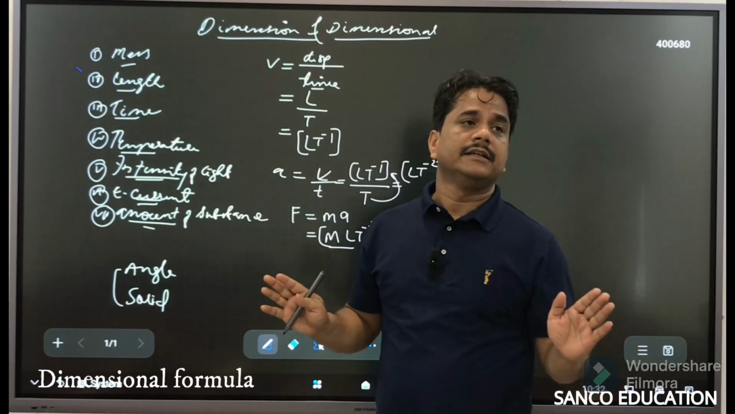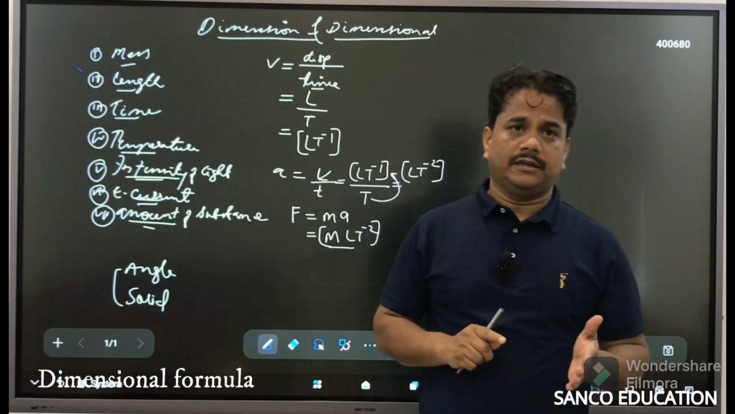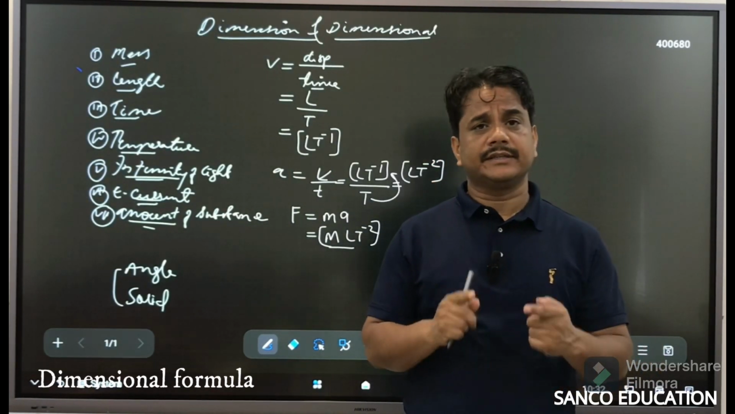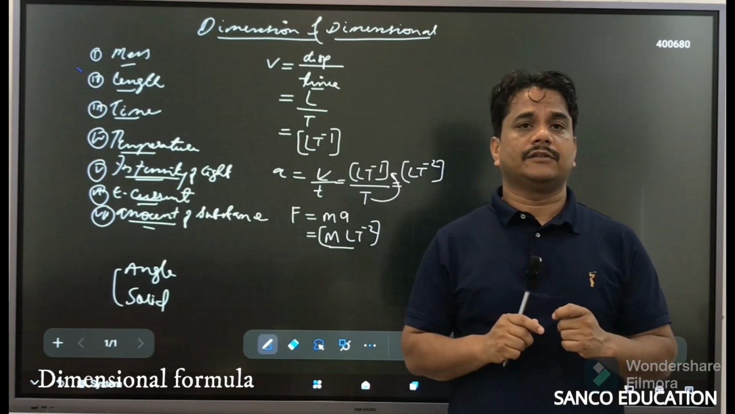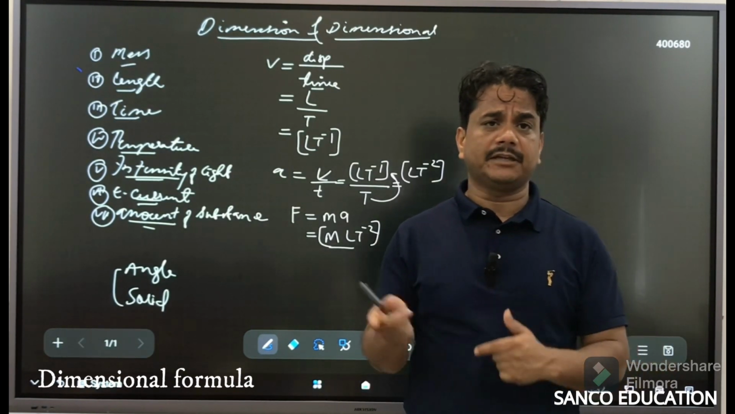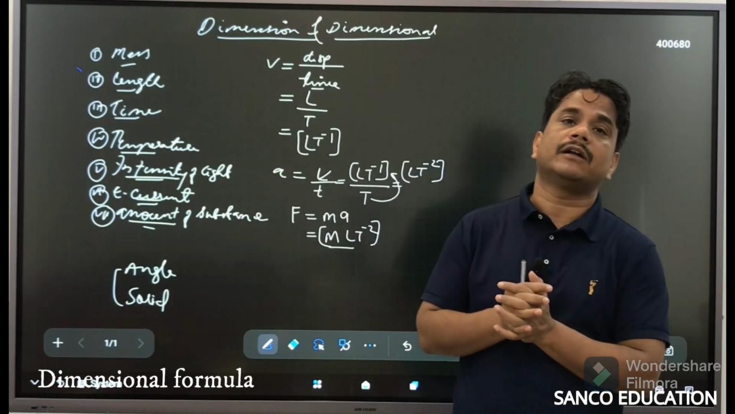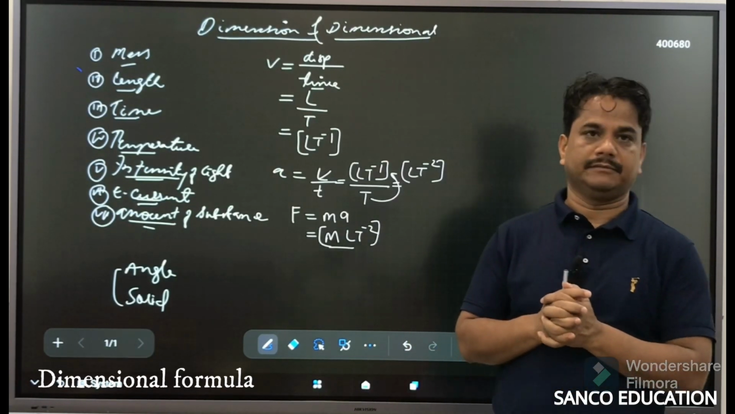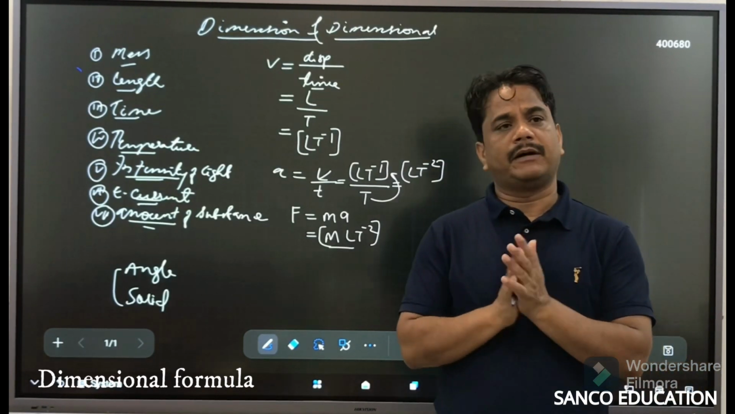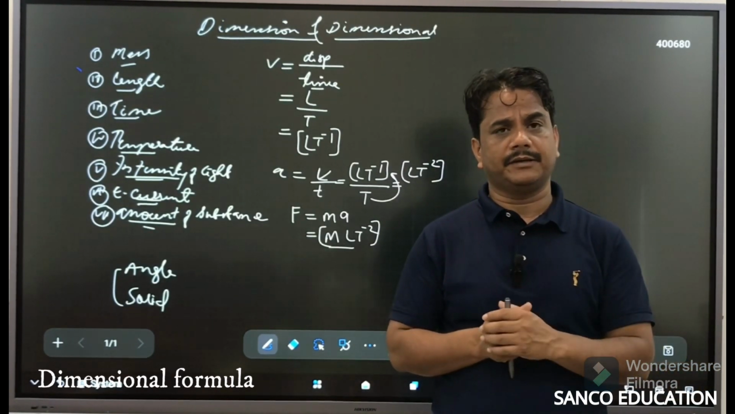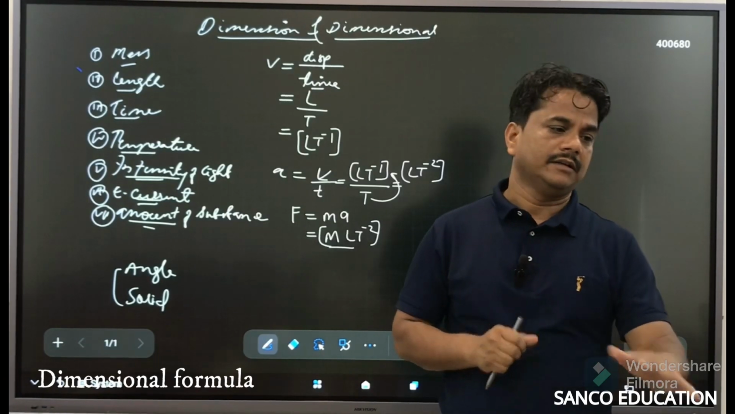Repeat this again. Dimensional formula is a formula that uses the dimensions of a quantity, meaning the fundamental quantities, and how many times they occur. This is represented as a power of a variable, where the power means how many times the variable, or fundamental quantity, is coming. This is called the